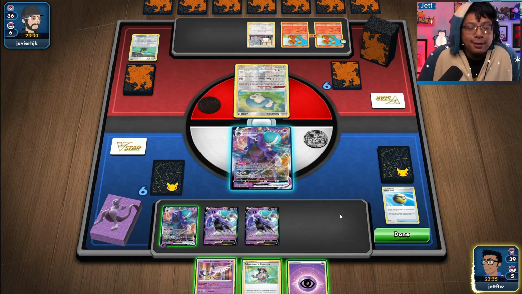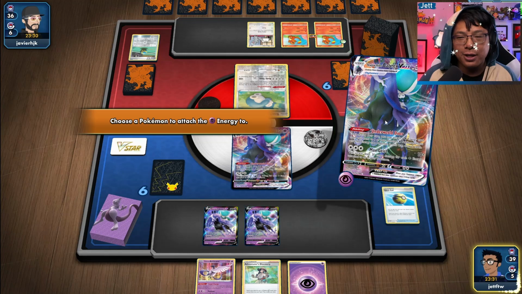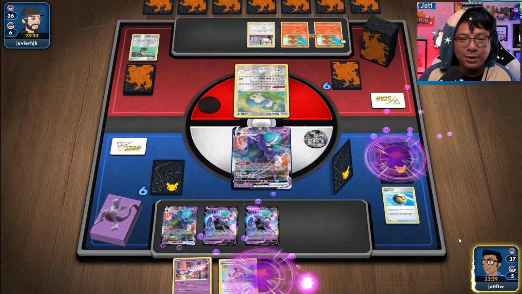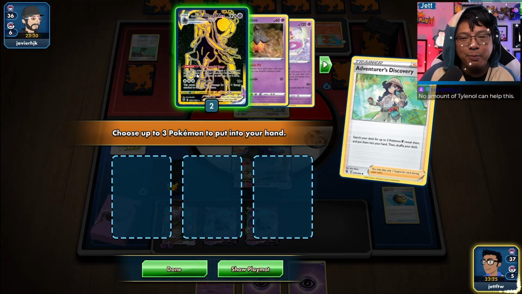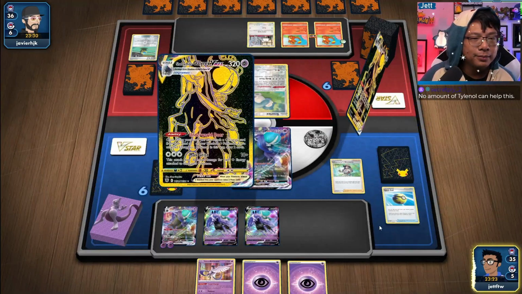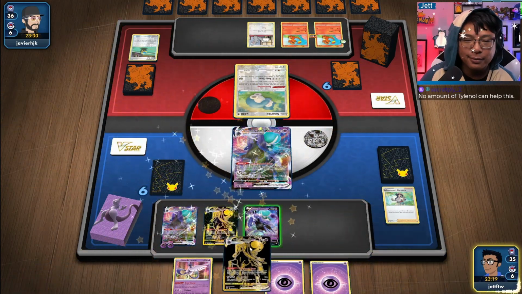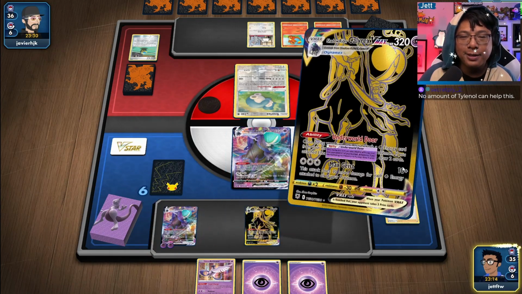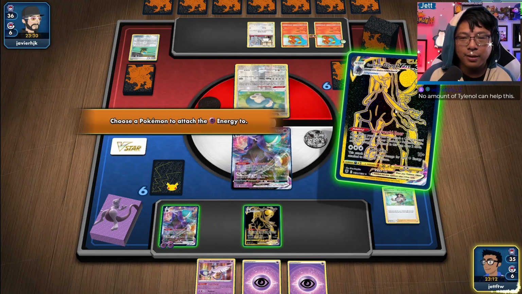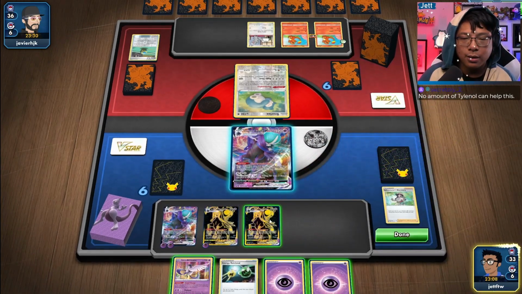Okay, and yet we have a chance. So you're saying there's a chance. Please give me... Okay, here we go. It's time to pop off. Please tell me I can get a switch card here. Please tell me I can switch. Oh, wait, I attached to the wrong... Okay, I attached the...